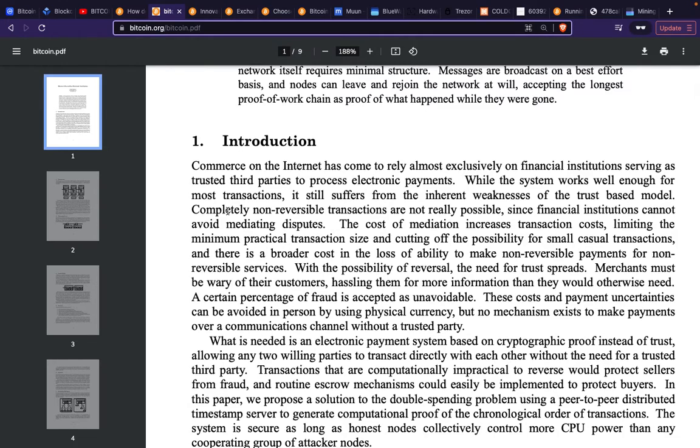Fixes also. For example, now you have the Terra Luna collapse. You have FTX go down. A lot of people lose money. Mt. Gox, a lot of people lose money on exchanges. They left their money there. You have Bitfinex. A lot of people lose money. You see, all those things happen.